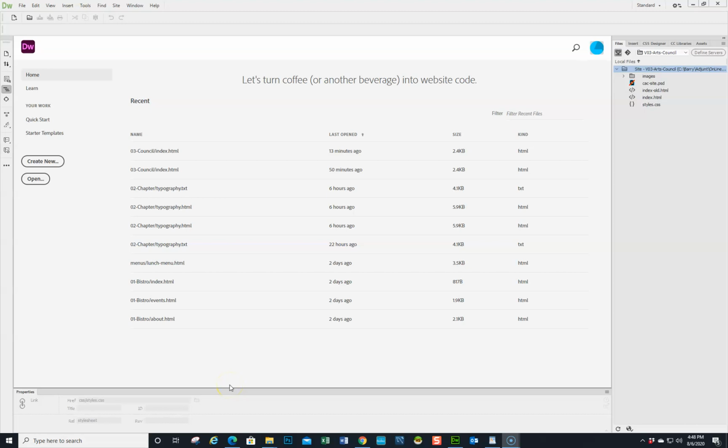Okay, welcome to our last tutorial in the Arts Council project. Here we're going to be doing some formatting of text properties, and you're going to see some different things about how you can affect everything at one time or just specific elements. So let's get started. We're going to open up the index file,